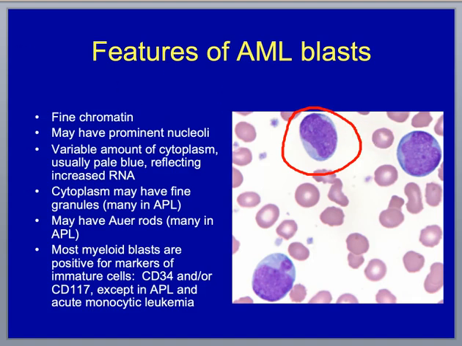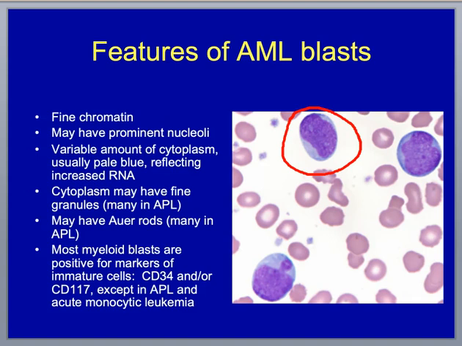Most of the time the nuclei have a somewhat ovoid shape. Sometimes, as you can see, they're a little bit more irregular. Because the chromatin is fine and dispersed, you can recognize prominent nucleoli. There's variable amounts of cytoplasm. Oftentimes it's just a narrow rim. In other cases you see a little bit more cytoplasm like you see in these blasts. And it's usually pale blue in color, which reflects